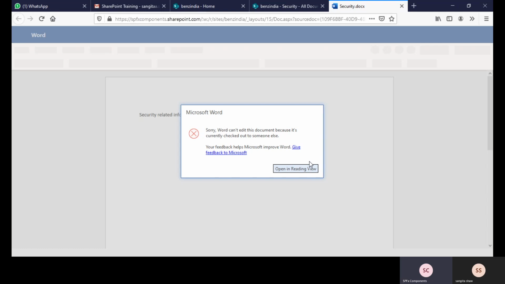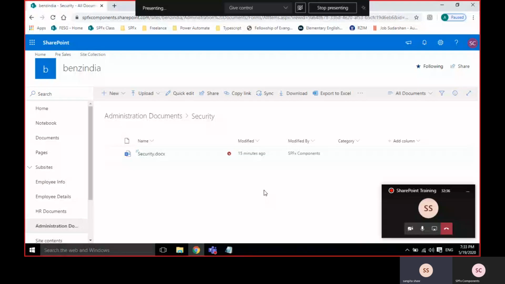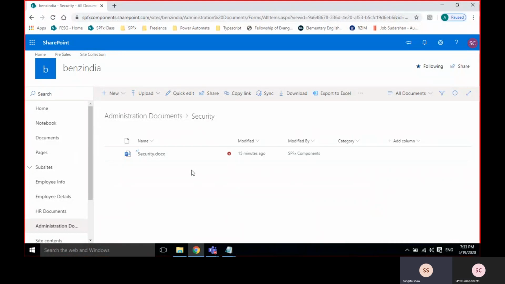Sorry, Word cannot edit the document because it is currently checked out to someone else. That's what I wanted to show you. So whenever we check out a document, other people cannot access that document until the check-in.